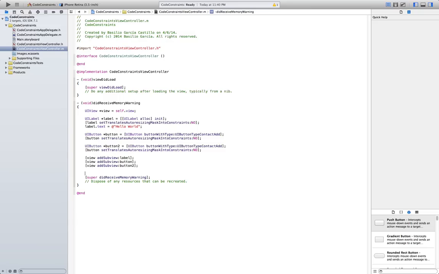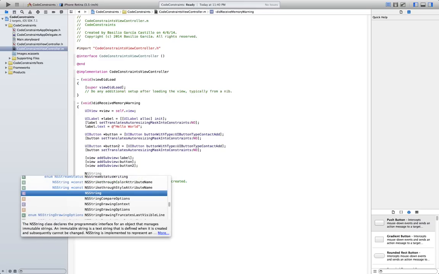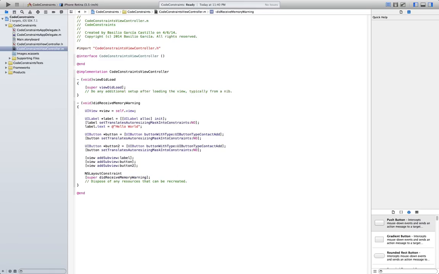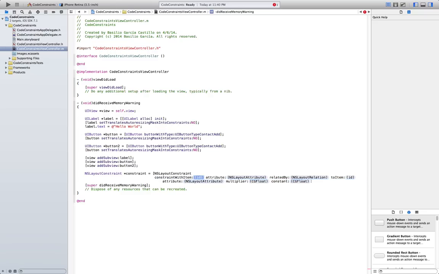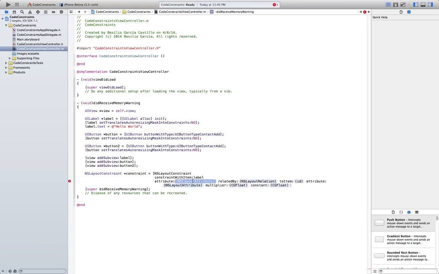Now that we have our views, we have to implement the constraints to make sure that the views are in the right positions at all times. So first of all, the way to do that is NSLayoutConstraint pointer constraint. This is just going to be the name of the constraint. You can name it as you want. Equals NSLayoutConstraint constraintWithItem, and you're going to see there are a lot of options, so let's go one by one. With item, this one is going to be label, since this constraint is going to be applied to a label. Now the attribute in this case is going to be